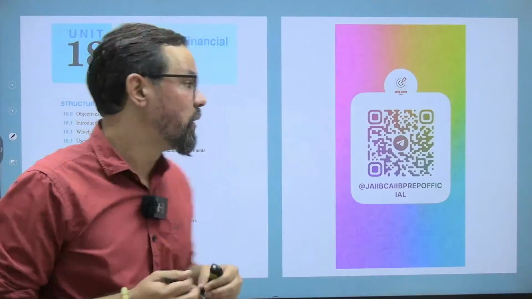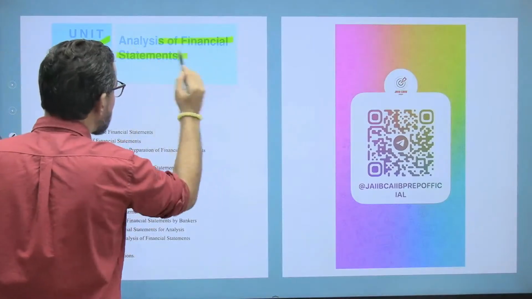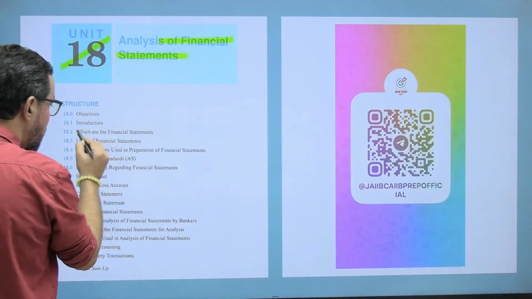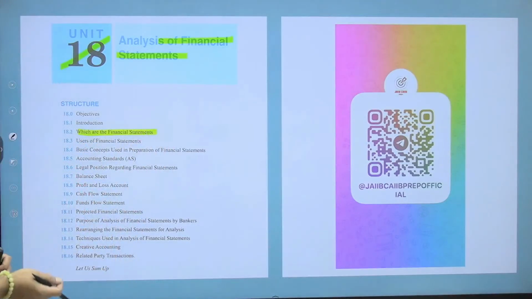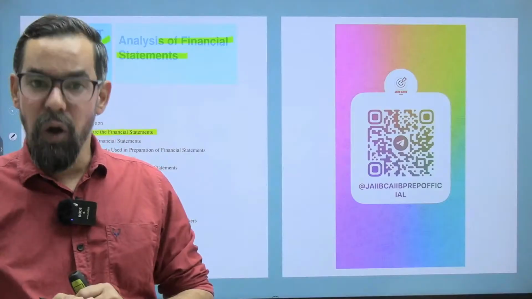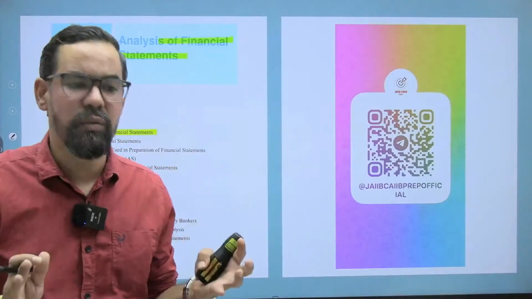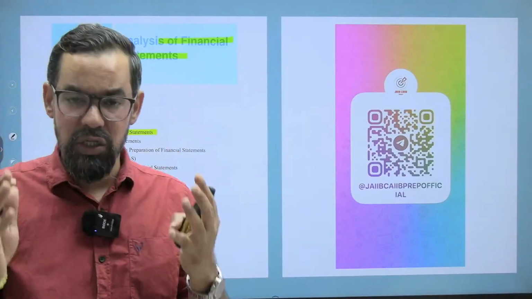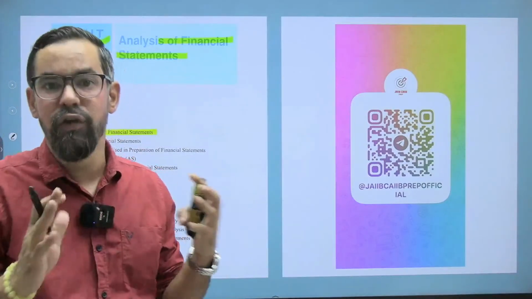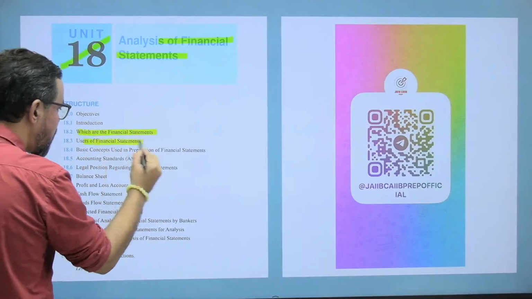So your unit number 18 is analysis of financial statements, which includes the financial statements or the final accounts. Basically this topic is all about the final accounts, which include profit and loss account, balance sheet and cash flow statement. Apart from that, it is also around the interpretation of these reports, which includes ratios as well as cash flow and fund flow statements. So the overall idea is users of financial statements,